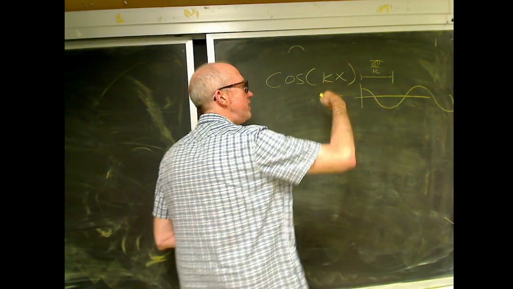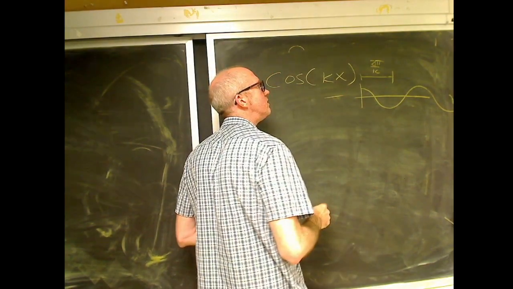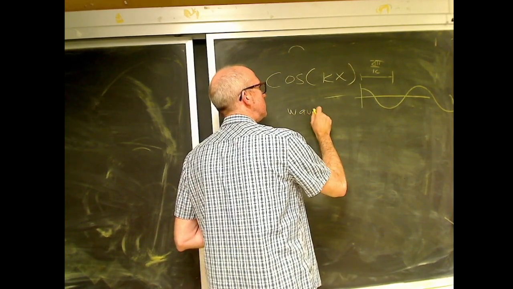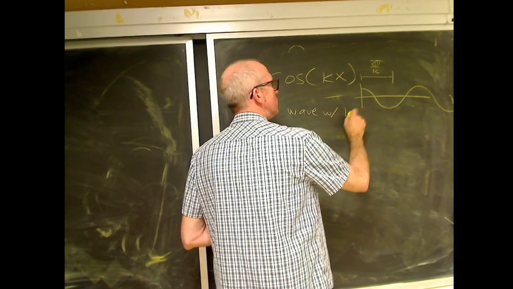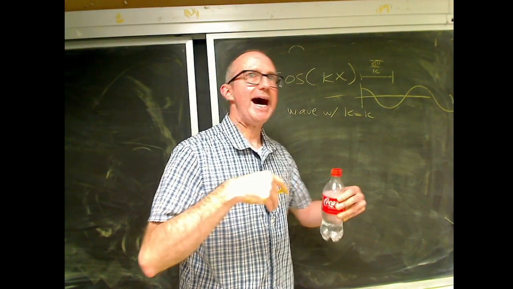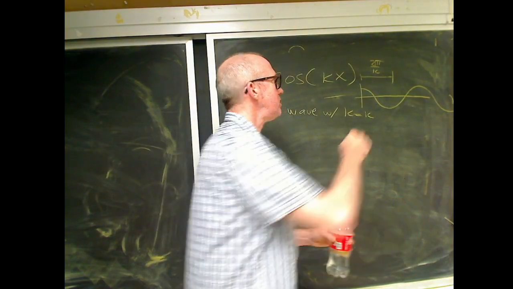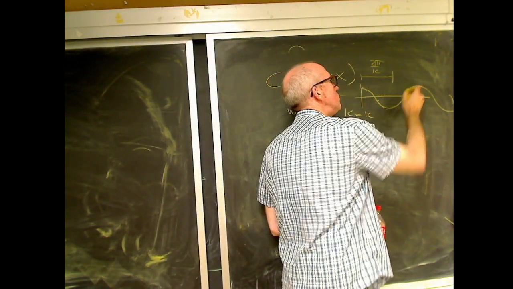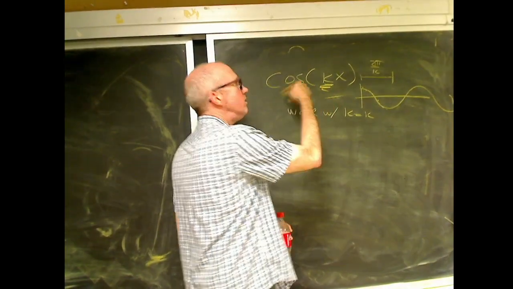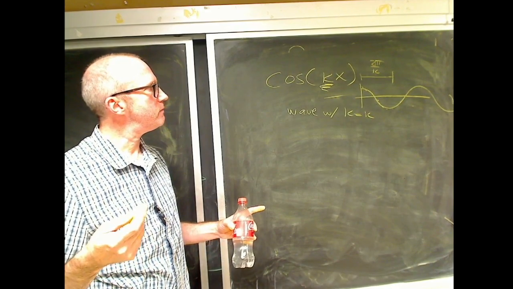So I can talk about this thing here by saying cosine of kx, or I can say wave with k equals whatever, and that's it. I can just say I have a cosine with period k, and you can write it down, right? You don't need to see all of the individual points. You just need to know cosine and the wavelength, and you can write the thing down. All you need to know is k. You don't need the rest of the cosine function because I've already told you it's a cosine function. So you don't need all of that information. All you need is what the wavelength of this thing is.